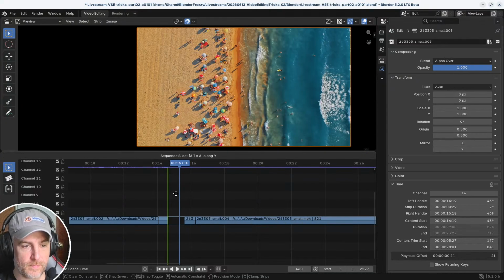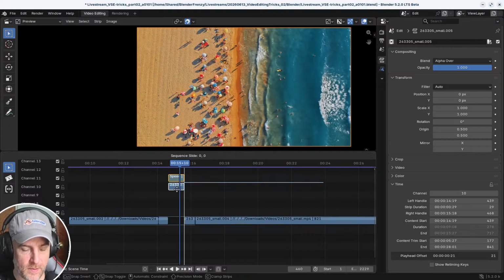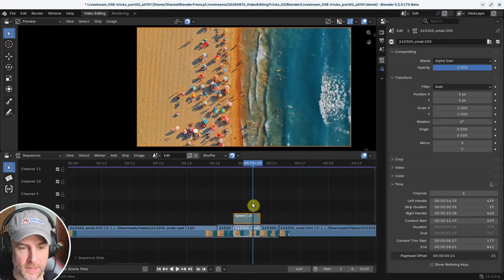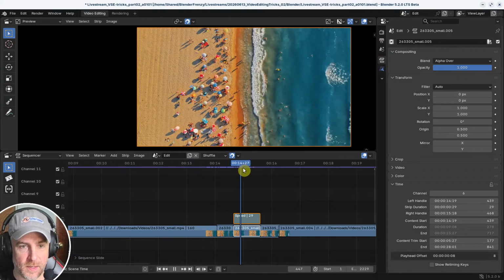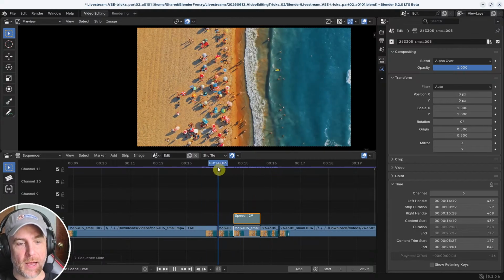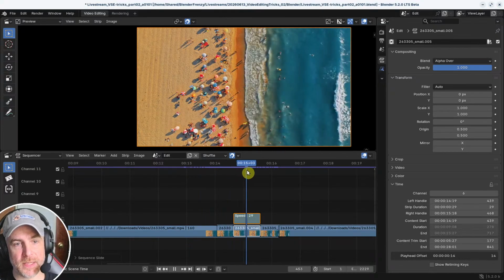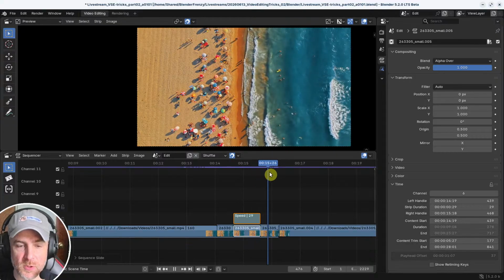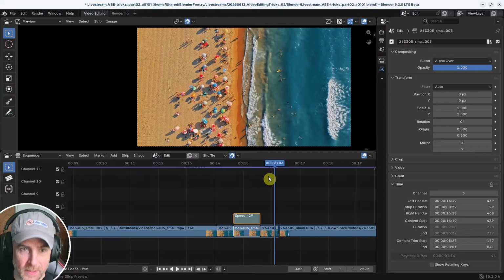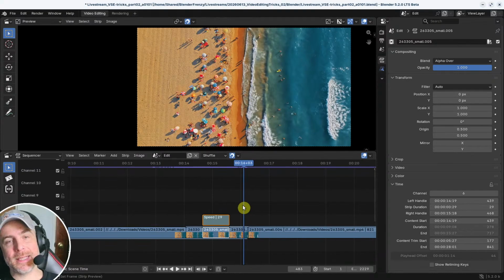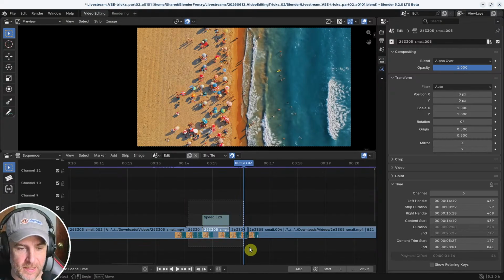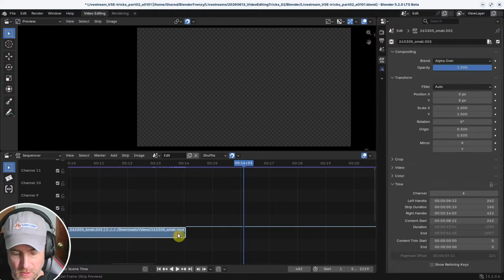Come on, there we go. So place that back down there, and now with this, we have it going at a regular speed, then it speeds up, and then it slows back down at the same moment of the end of the speed, which wasn't happening before. So that's one way. This is really tedious in my opinion, and the workaround that I have is where you don't have to do all of that